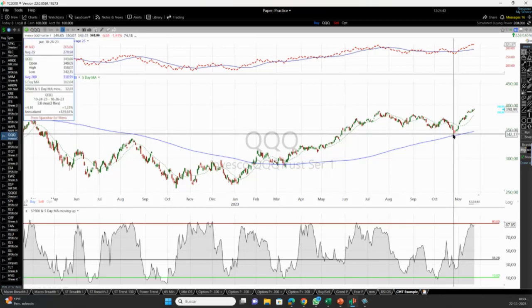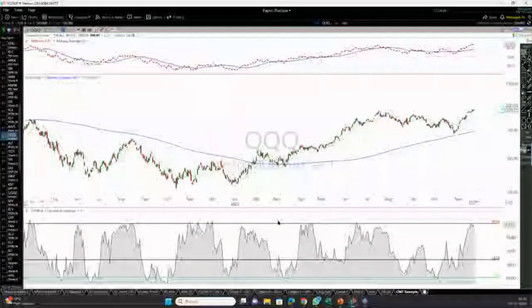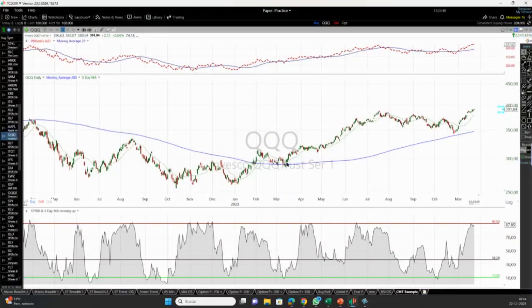So basically what I'm trying to show you is that with the same idea you use for your basic chart, the 5-day moving average, if you apply it to a breadth study, you can get so much more useful information that can help guide your trading and give you a better sense of what the general market is doing. You can get trend signals and you can get mean reversion using just the same idea.